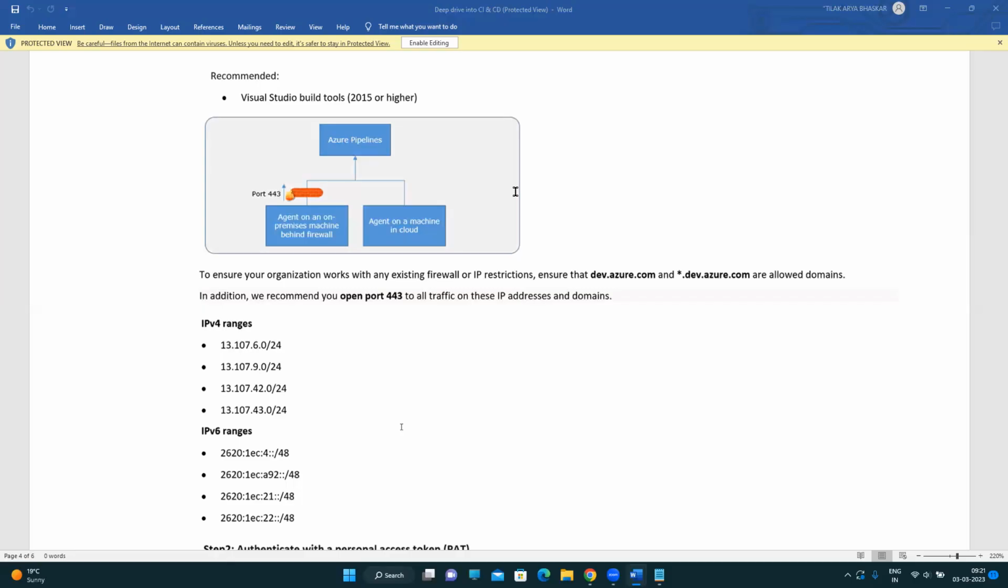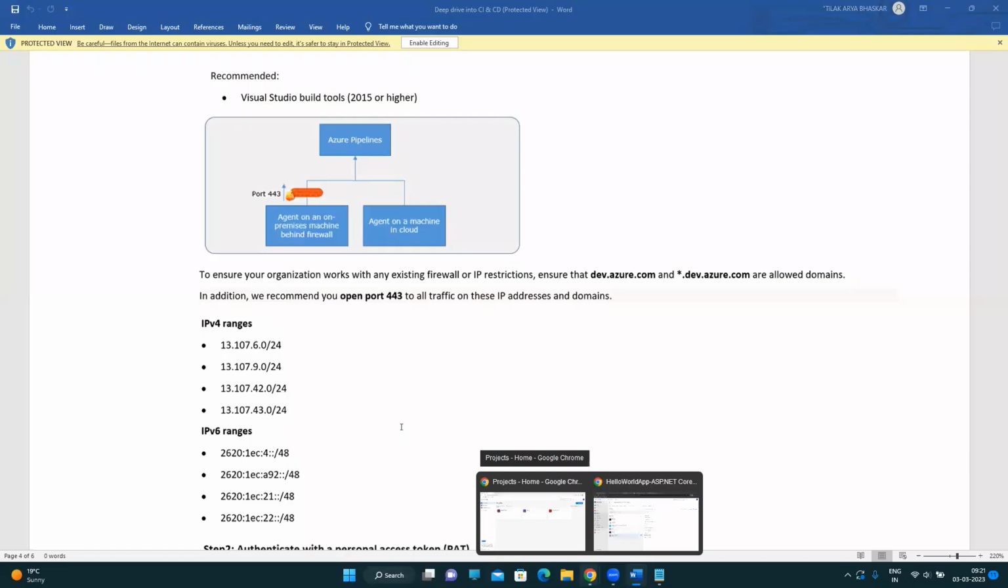But yes, you can create your on-premises self-hosted agent or the cloud-hosted self-hosted agent as well. Okay, got it. So again, we have seen how to create a VM, though we have not created one, but we have seen the process, right? How to create it in case it is a